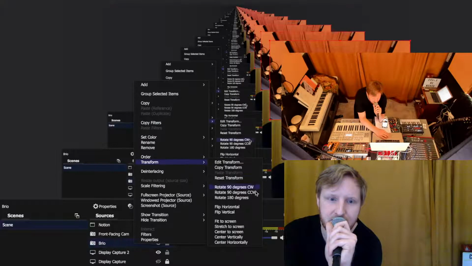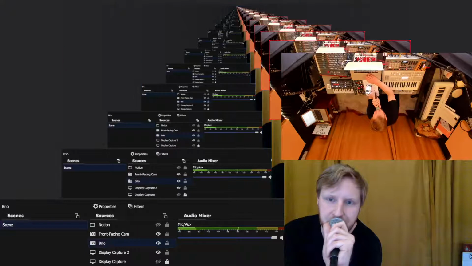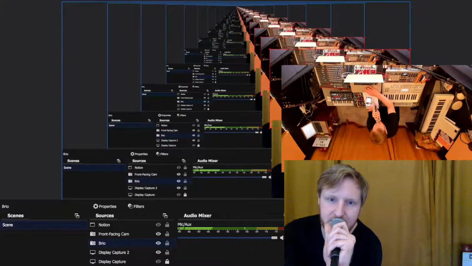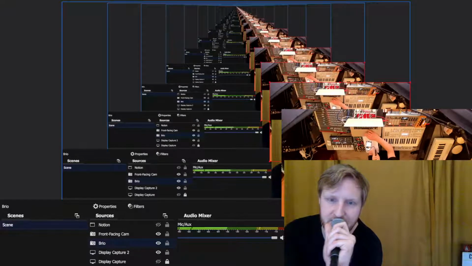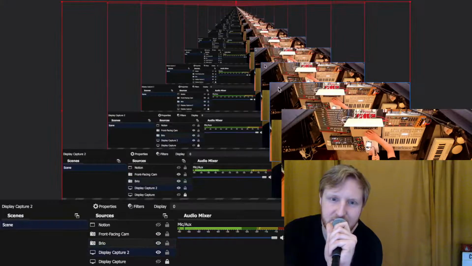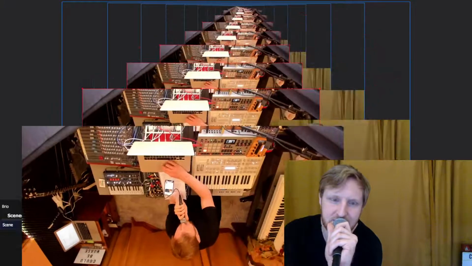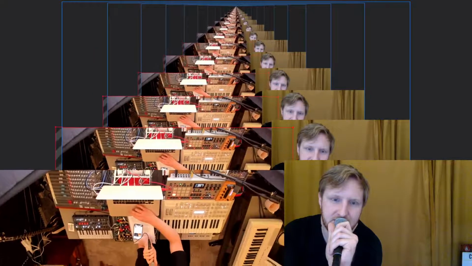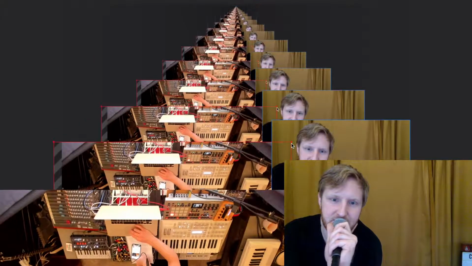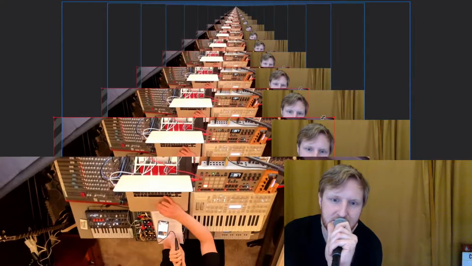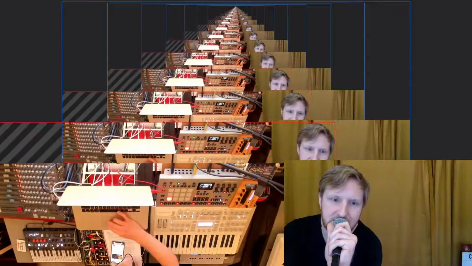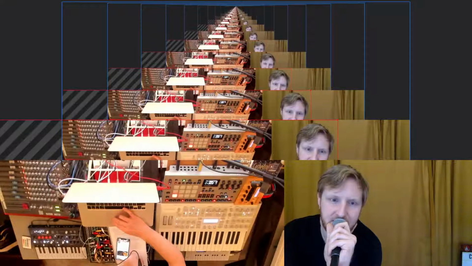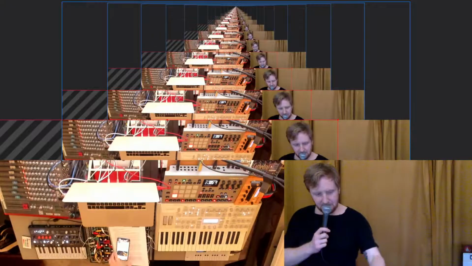Yeah, rotate 180 degrees. That's probably more confusing than anything, but maybe we can make this useful. Maybe, just maybe. We're getting there. All right, that's not so bad. Okay, so